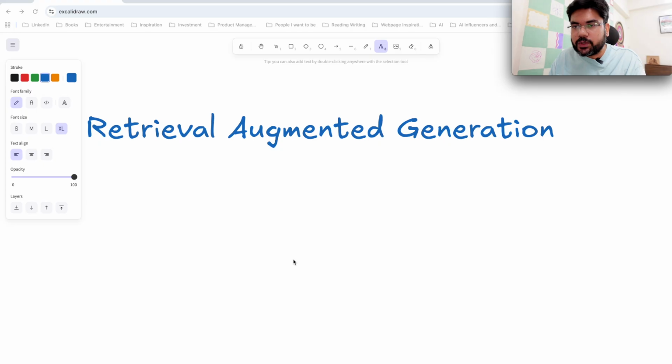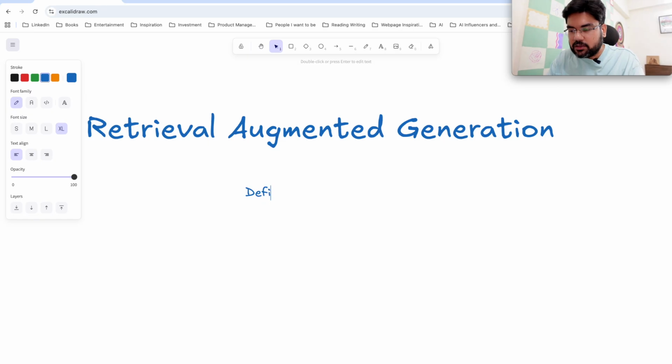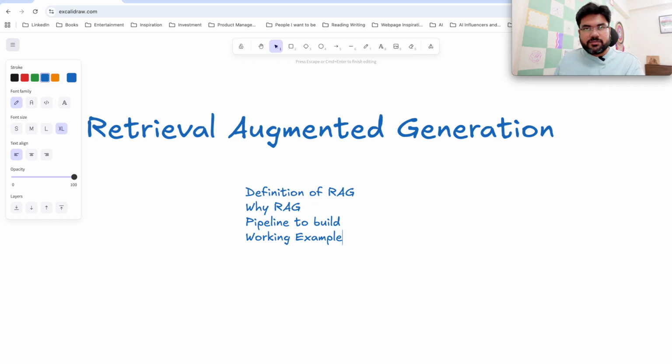In this video, we are going to understand what is RAG. So we'll go through a basic definition of RAG. Then we are going to understand why you should use RAG in your applications. Then we are going to understand a basic pipeline to build RAG, as in what are the features of this pipeline, and then we are going to go through a working example. So stay with me through the end of the video, wherein till the end we'll understand the end-to-end definition of RAG,